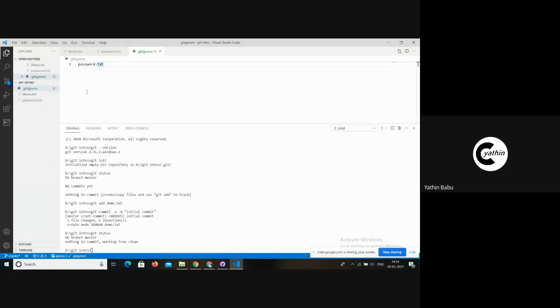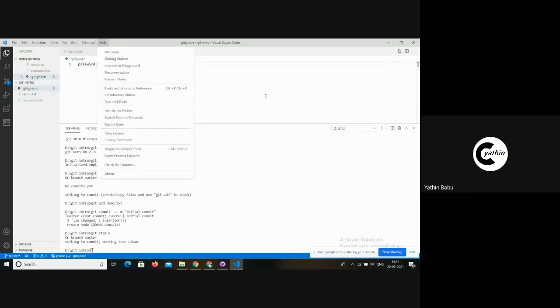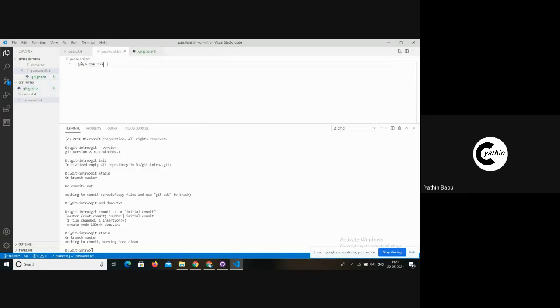From now onwards, all the files that I include here will be totally ignored by Git, and even if you make any changes to files like this, they won't be tracked by Git.